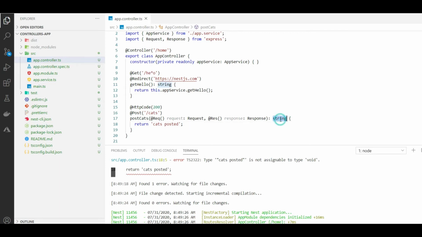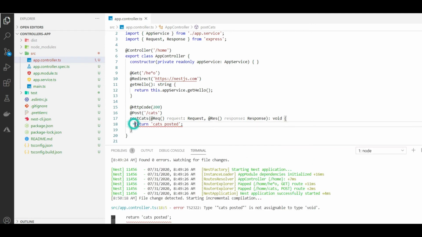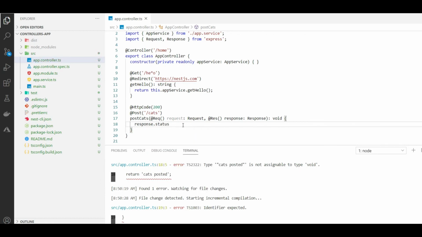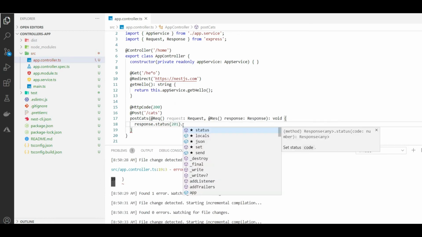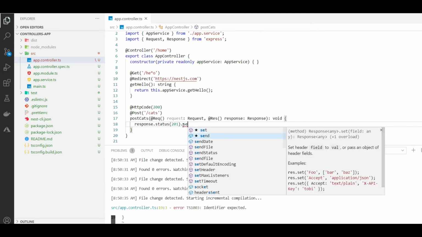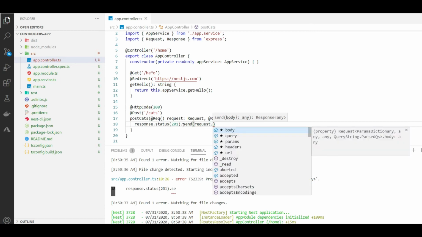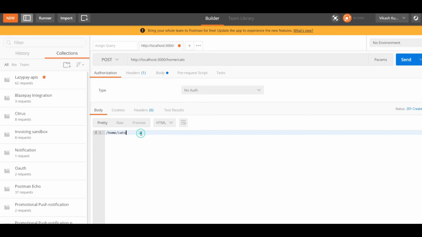So to do that, we'll make the return type void. And to test both request and response, I have response.status(201) maybe .send(request.url). Yeah, that works fine.